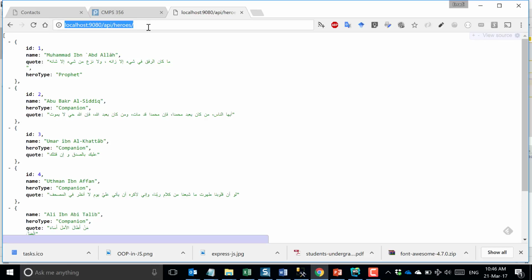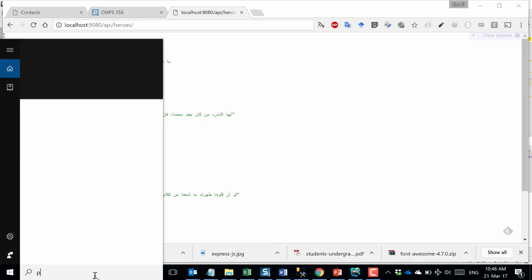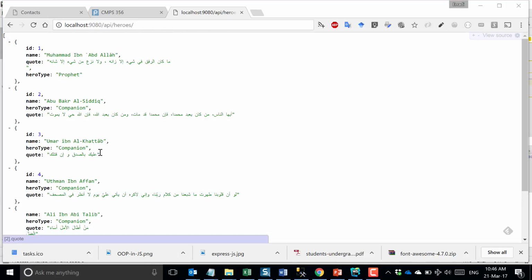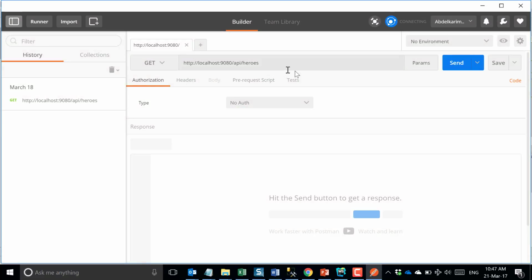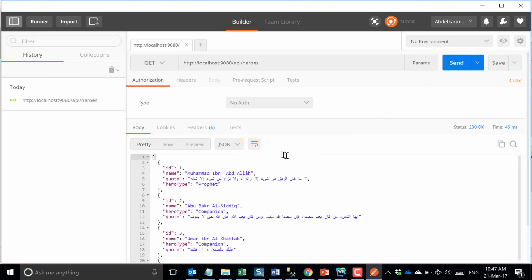Or, luckily, we have this utility here called Postman. Very, very useful utility. I can use it to basically test my service without writing any code. So test my post, test my put, test my delete. Here I'm testing the get. All I'm doing here is sending, and I'll get the same result. This is to show you that I can access my services from other programs. Imagine this could be a mobile app requesting this list and displaying it using, let's say, an Android app. Now, if I want to create a new